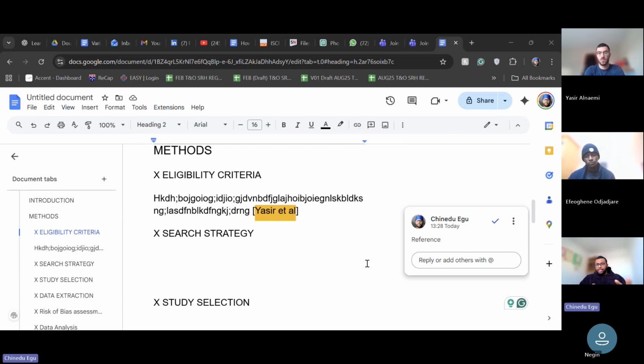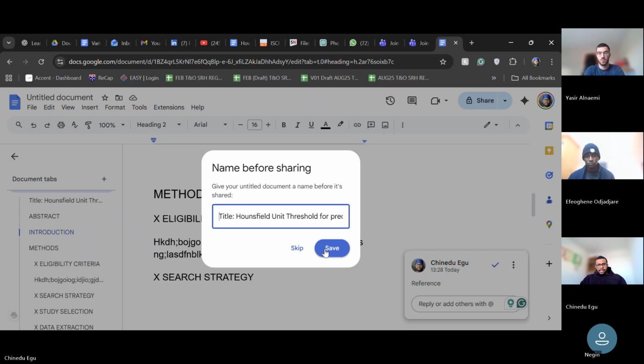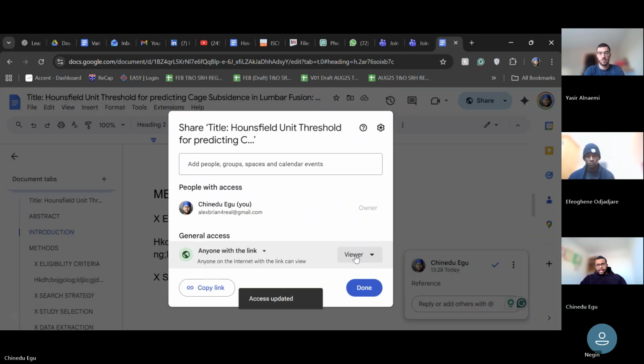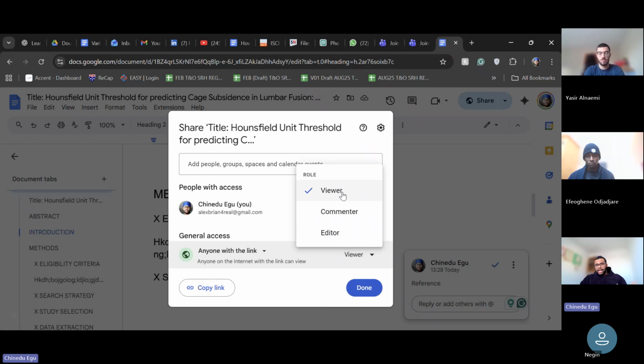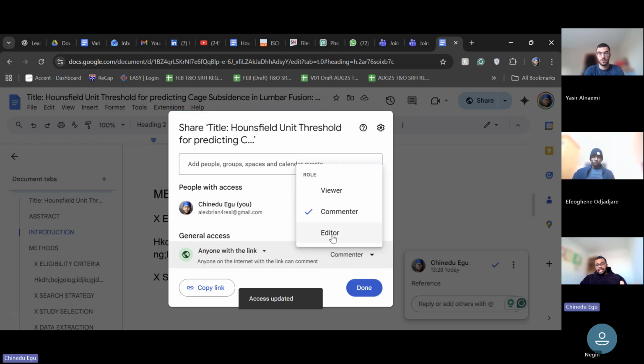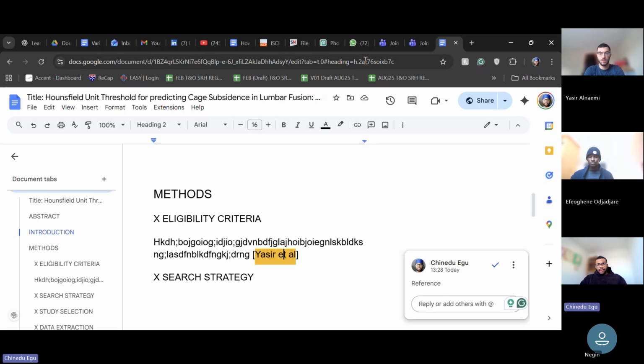It all depends on how you want to play it, because for those you shared it with, you could decide that anyone with the link would be a viewer, so they can't do any editing, or they can comment, or they can edit. So edit is they can delete or add. Comment is, if they want to make any suggestion, they will have to add it as a suggestion or a comment, basically. It all depends on how you want to play. But this is how you tend to, should I say,